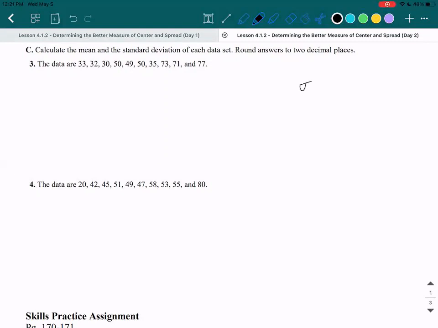This is the symbol for standard deviation. I know it looks weird. It's just a Greek letter. So the standard deviation is equal to the square root of this sideways M looking thing. It just means the sum. So this is just sum. I'm just going to write sum so that you know what that means. Sum of,